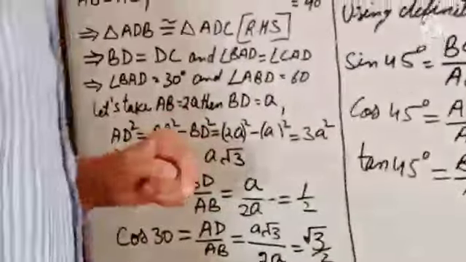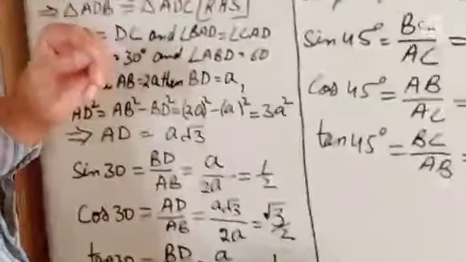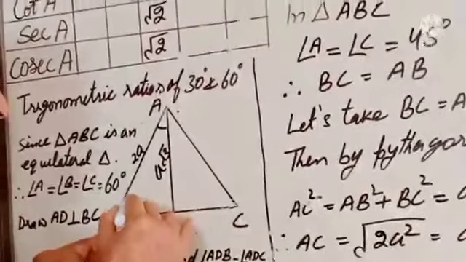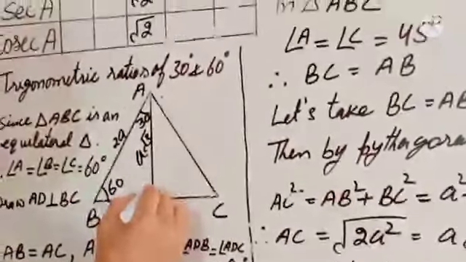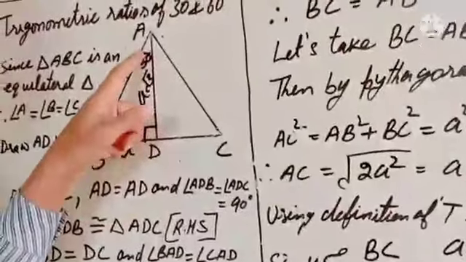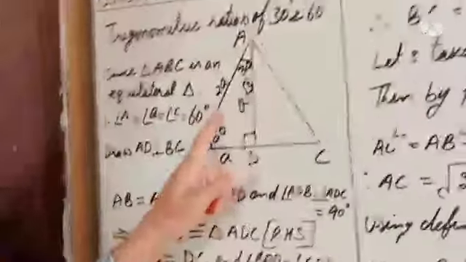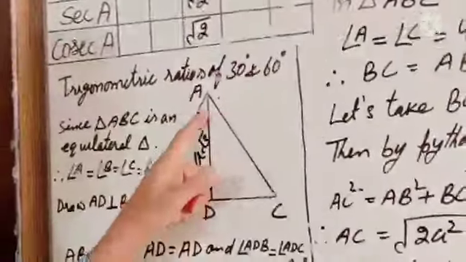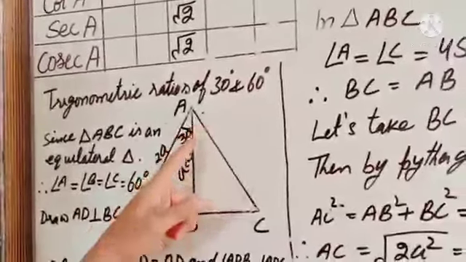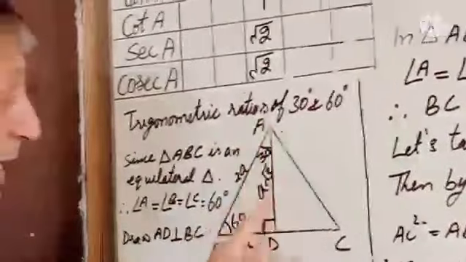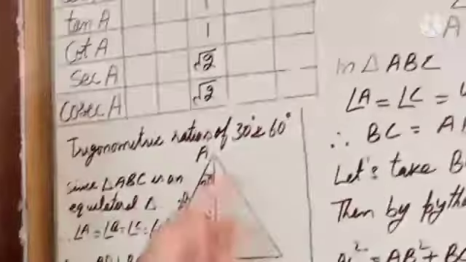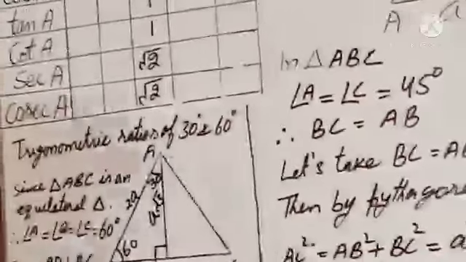Now, this is 60 and this is 30. Remember, this being 90. Okay? We have already talked about how it came to be 30. When these 2 triangles are congruent, naturally the angles are also equal. That means, apart from being the perpendicular, it is also the angle bisector. So it divides 60 into 2 halves, 30 and 30.